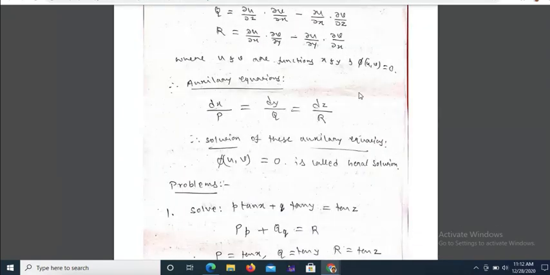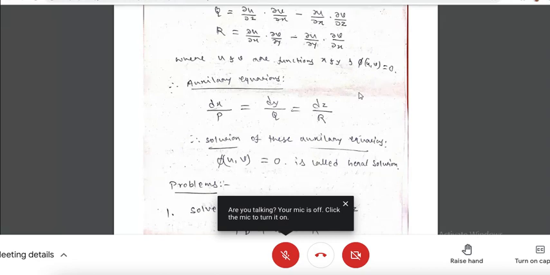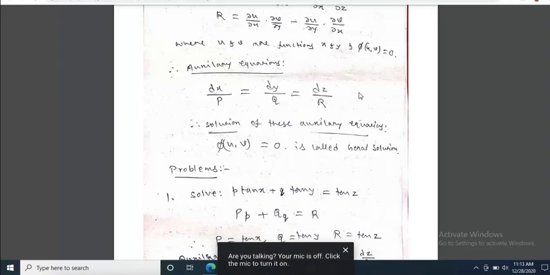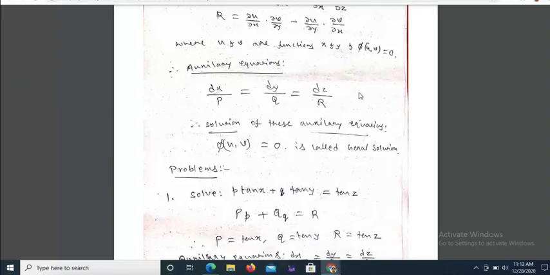So in the exam, sometimes they may ask to solve by using Lagrange's method. Sometimes they won't; they will simply give the problem. So you have to select which method is suited to this problem. Okay.